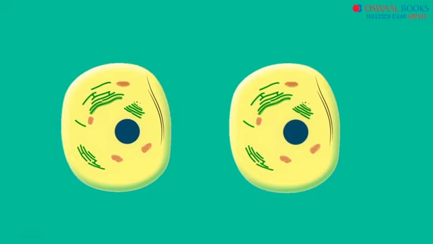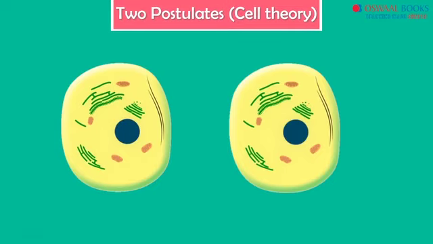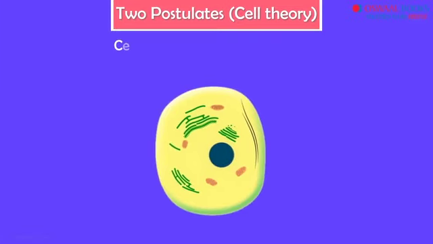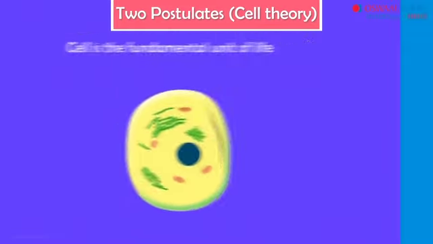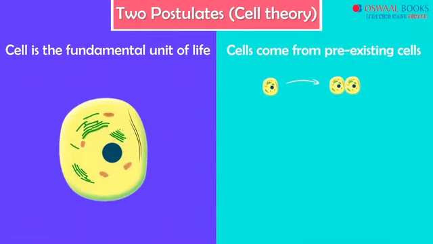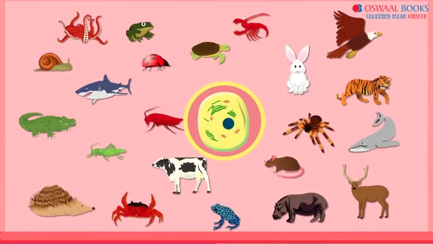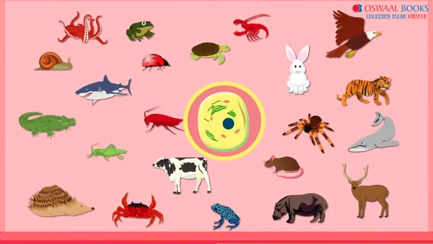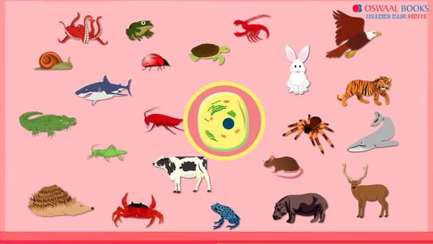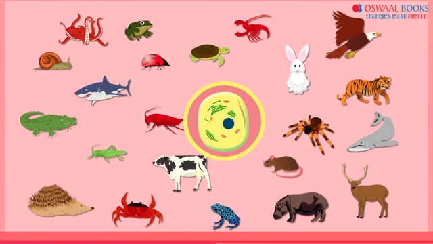Well, we know the two main postulates of the cell theory. Firstly, a cell is the fundamental unit of life. Secondly, all cells come from pre-existing cells. So, all organisms are made up of cells. But if all cells come from pre-existing cells, it is important to have a closer look at how this process